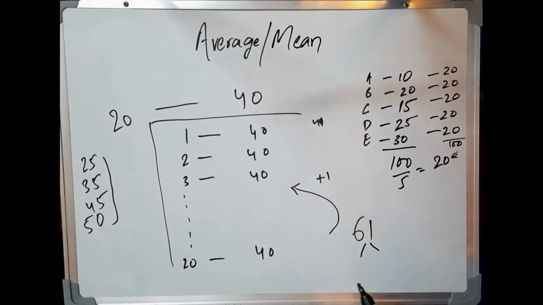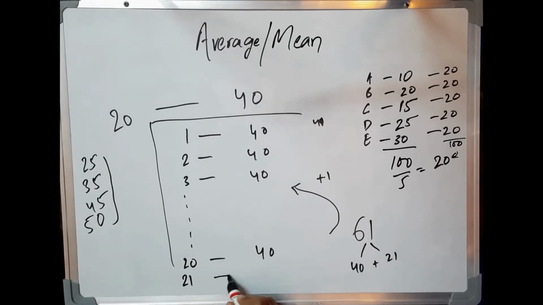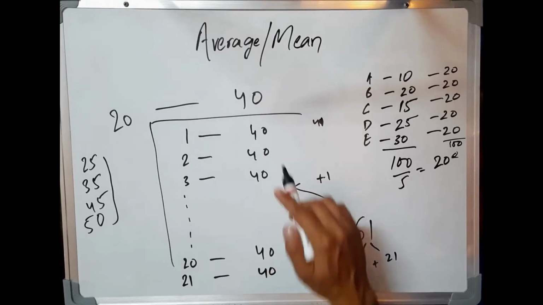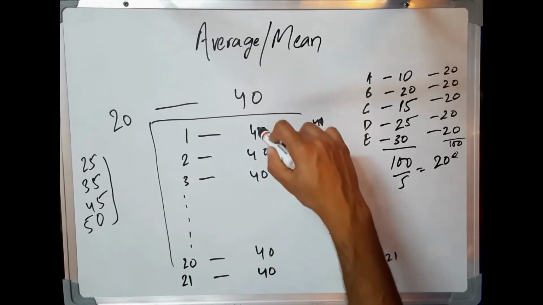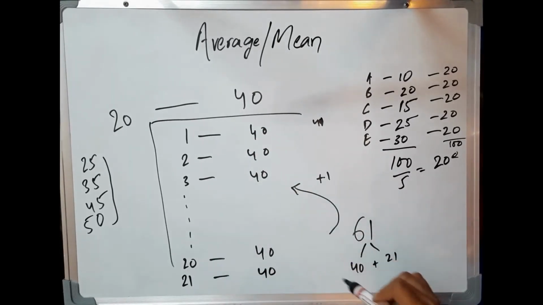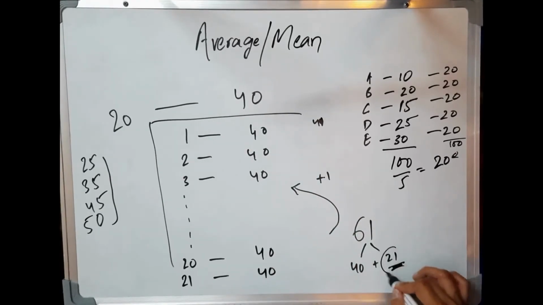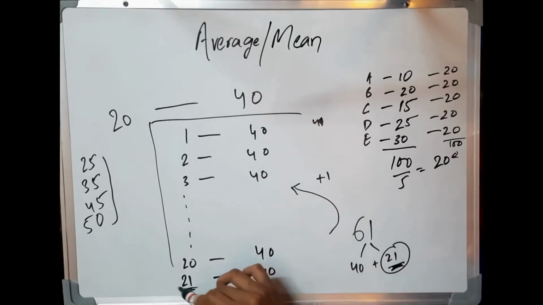Now this 61 will be bifurcated into 40 and 21, as 40 plus 21 equals 61. When this 21st guy gets added to this class, his 40 kgs will also be contributed to this class. If he were to weigh only 40 kgs in real, the class average would have remained 40 after him being added. But he has those 21 kgs extra above 40. Now this 21 will be divided into all the 21 students. Yes, there are 21 students including him.